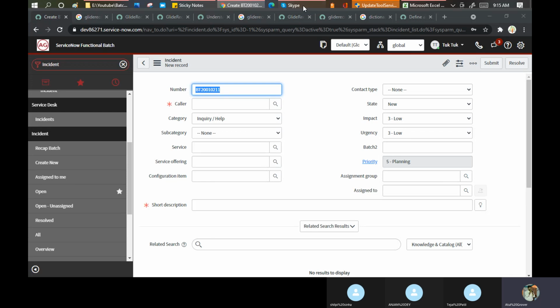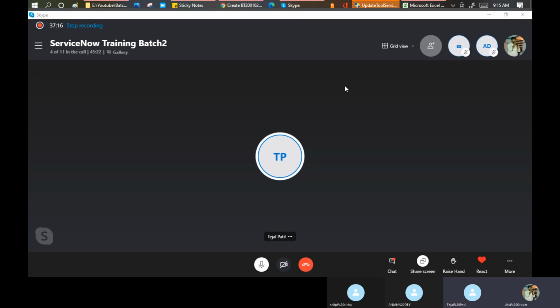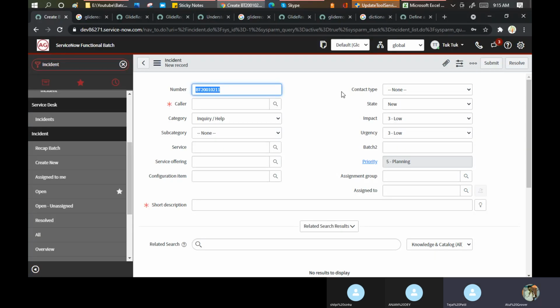Any idea? Tell me. So, task table. Perfectly fine. So let's take the example in the task table. This caller field is mandatory. I extended my incident table from the task, so it became mandatory in this particular incident table as well, right?